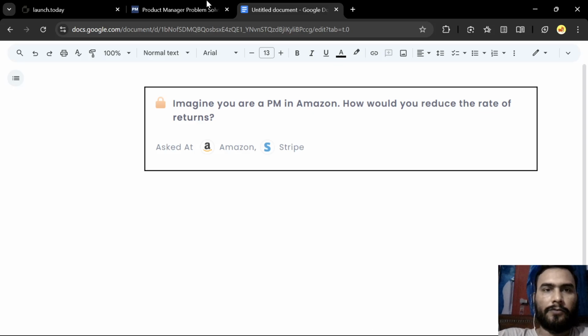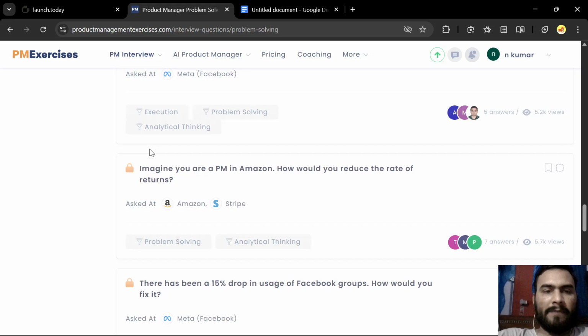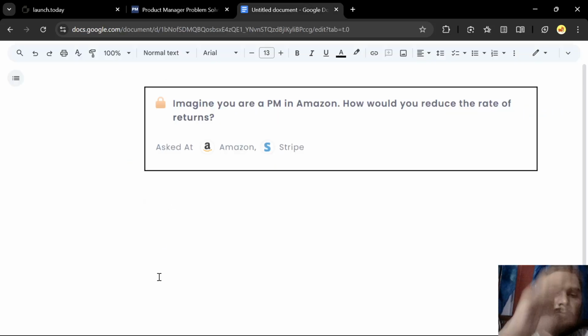Yes, this one. Imagine you are a PM at Amazon, and how would you reduce the rate of returns? This has been asked at Amazon. So we will begin with our